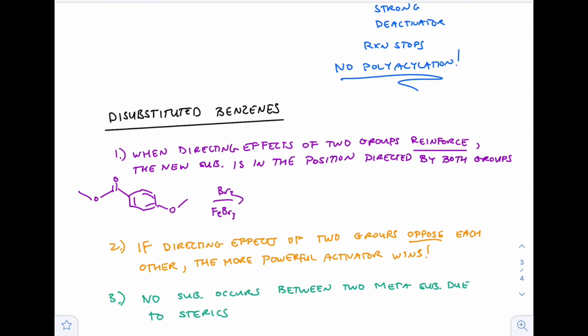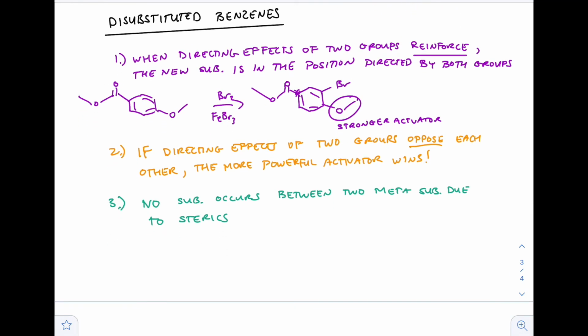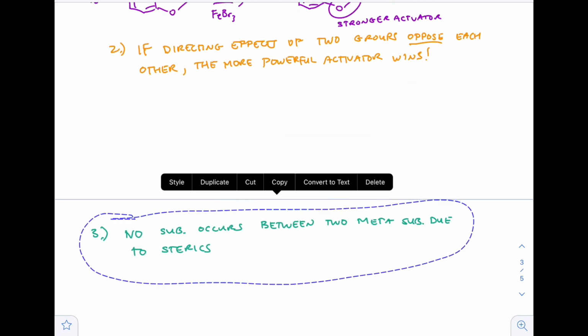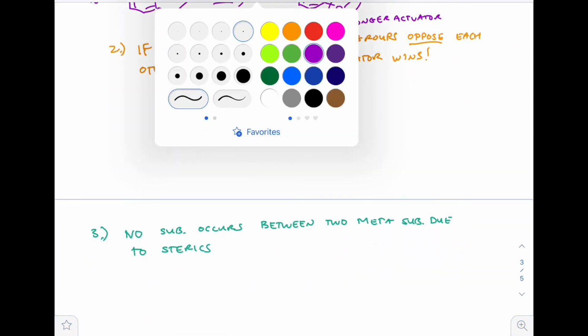Well, the methoxy wants to go ortho-para, and then the carbonyl wants to go meta, right? Well, the ortho position for the methoxy is the meta position for the carbonyl. So that's cool because it's the same spot, and therefore they are reinforcing one another, and we can go ahead and just add the bromine to that spot. No questions asked. Okay, so let's go ahead and take a look at when the two directing groups oppose one